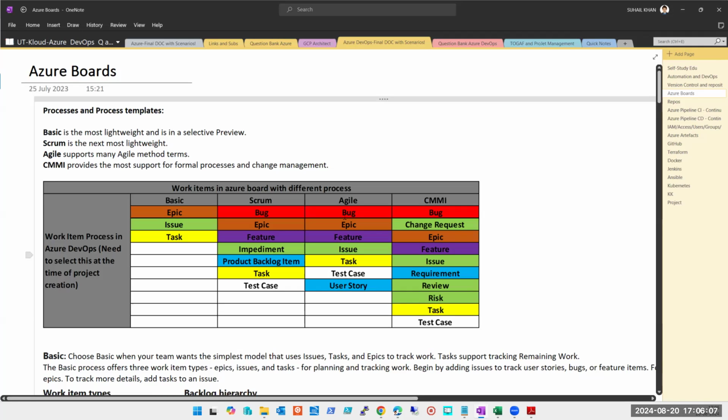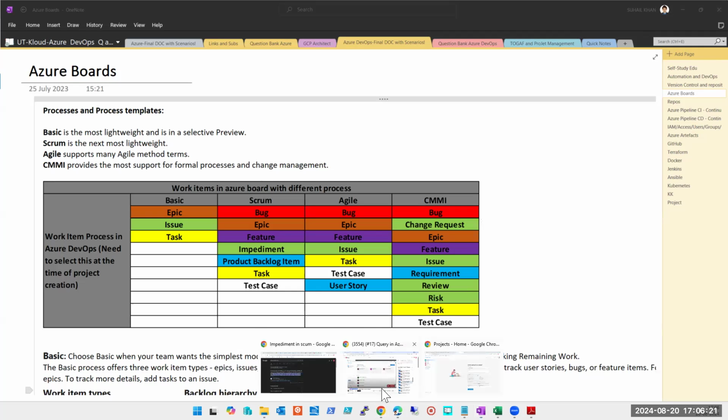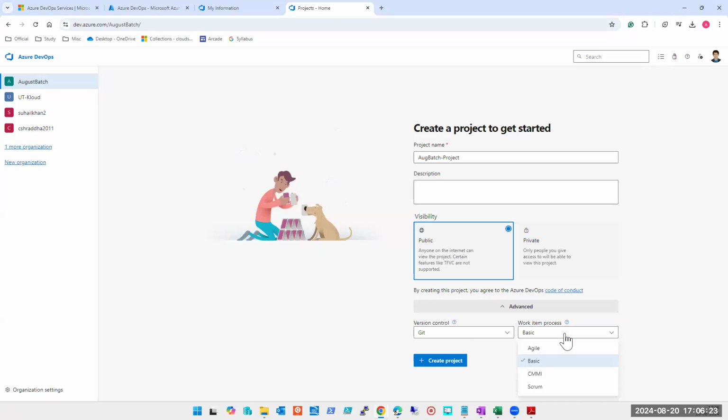it is implied that they are using the Agile method, right? Tasks are common in all, here you can ask, but they will also ask and tell you in the same way. So you should know this a little bit, right? So when you use a Scrum method in your project while creating the project, if you're using a Scrum method here, understand this thing, this won't happen later. This is where your DevOps architecture comes to